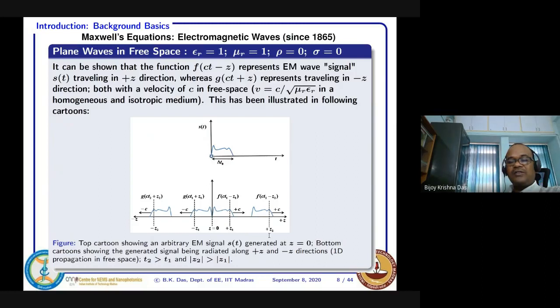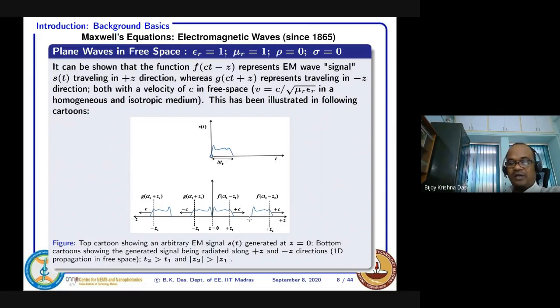Now at z2 it will appear, but after a certain time, that is, at time instant t2. If I try to find out the value at z2 at the other time t2, you get this one. That means from this point to this point, it travels with velocity c, and the separation from z1 to z2 depends on how much time has elapsed. That is the positive direction. So any disturbance, electromagnetic pulse or signal, will travel in this direction without changing its shape.